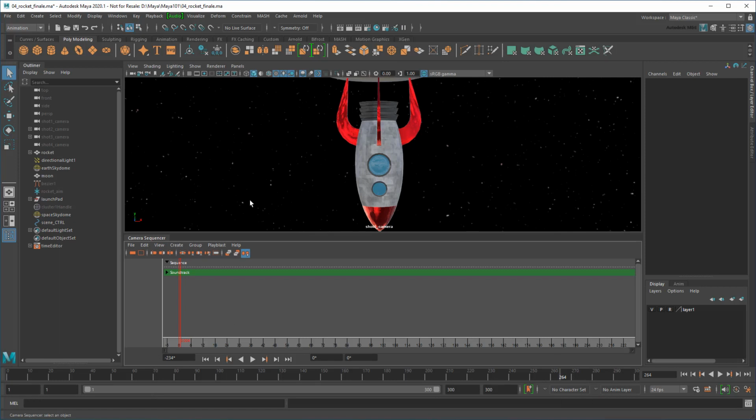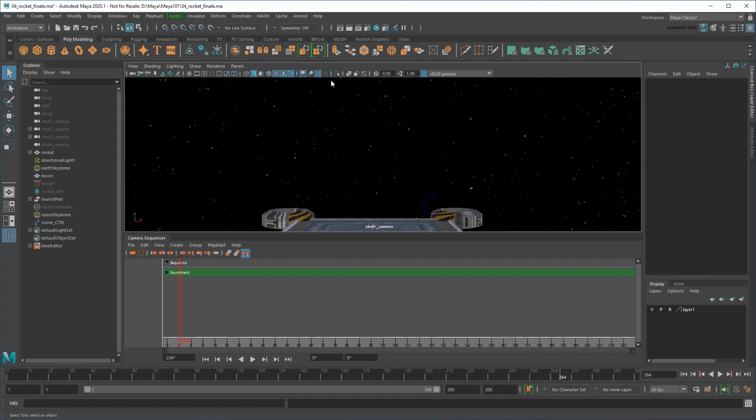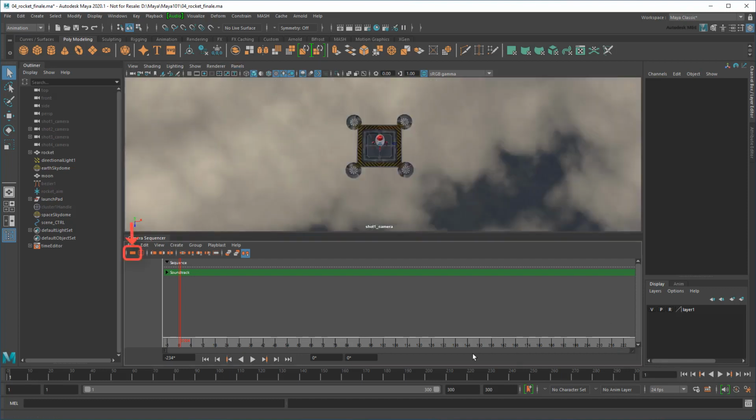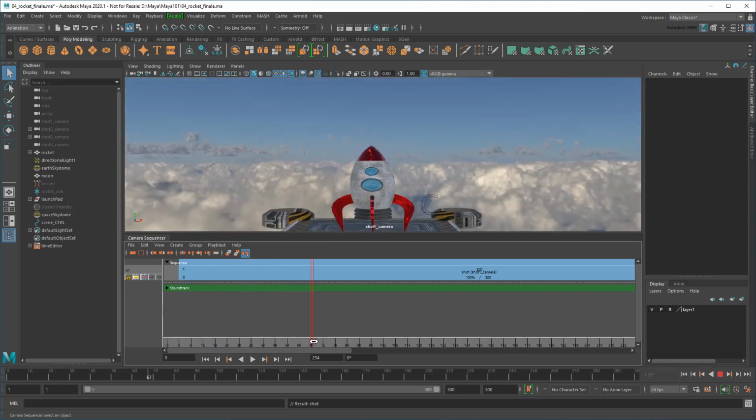Notice how much it looks like the time editor we used previously. It functions pretty similarly too, albeit in respect to cameras instead of animation. I'll start by switching back to my Shot 1 camera, then rewinding the scene and clicking this button to create a shot for it in the sequencer. Just like the time editor, this creates a track representing my Shot 1 camera. Of course, this doesn't really do much with only one camera, so I'm going to go to a later frame here,